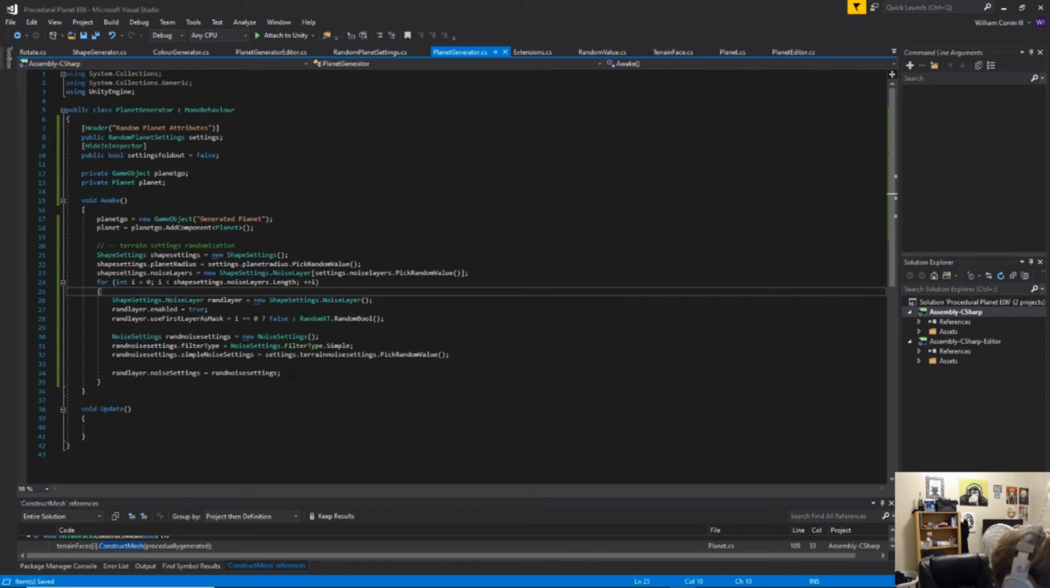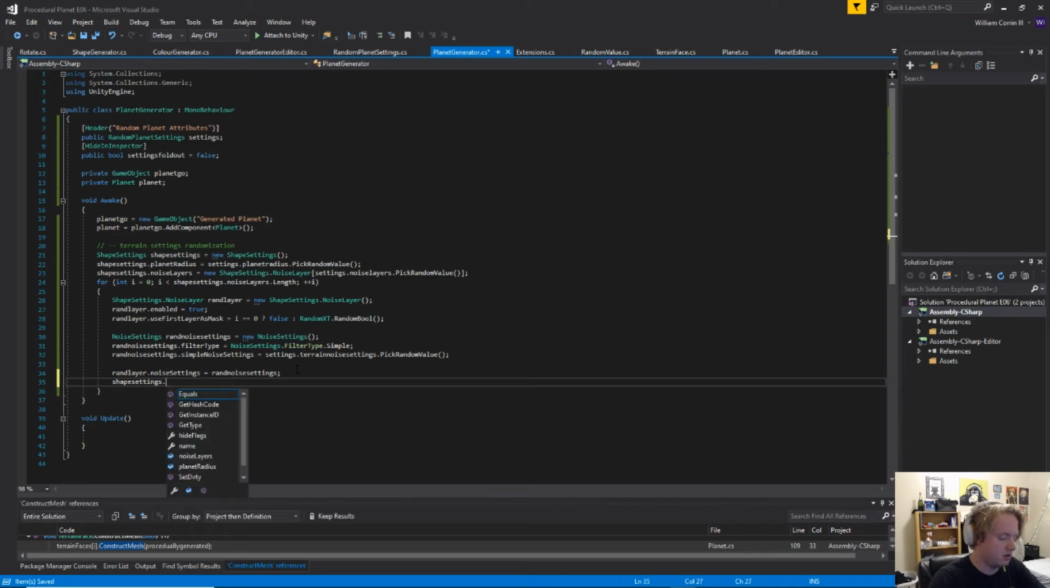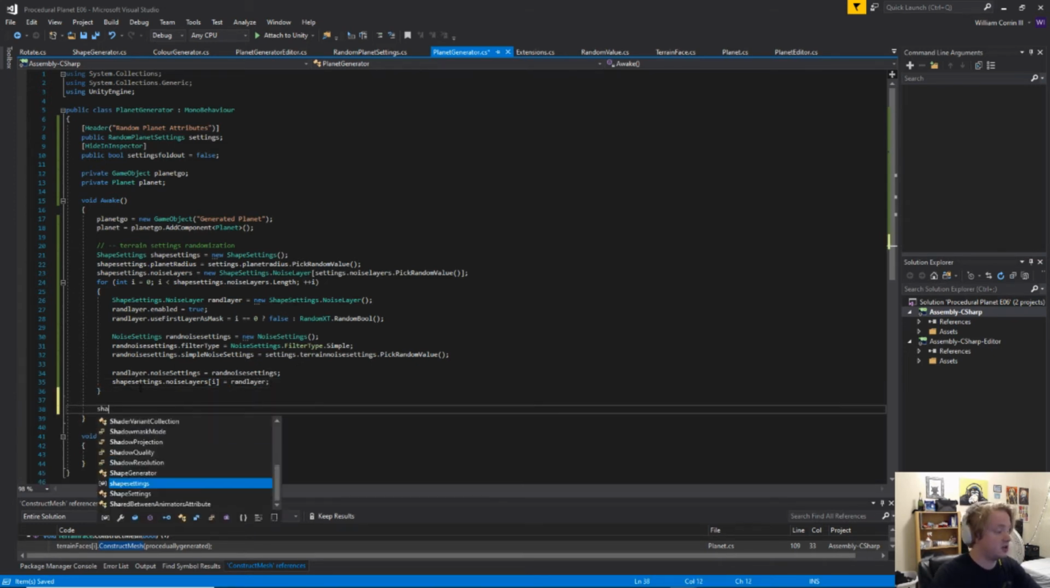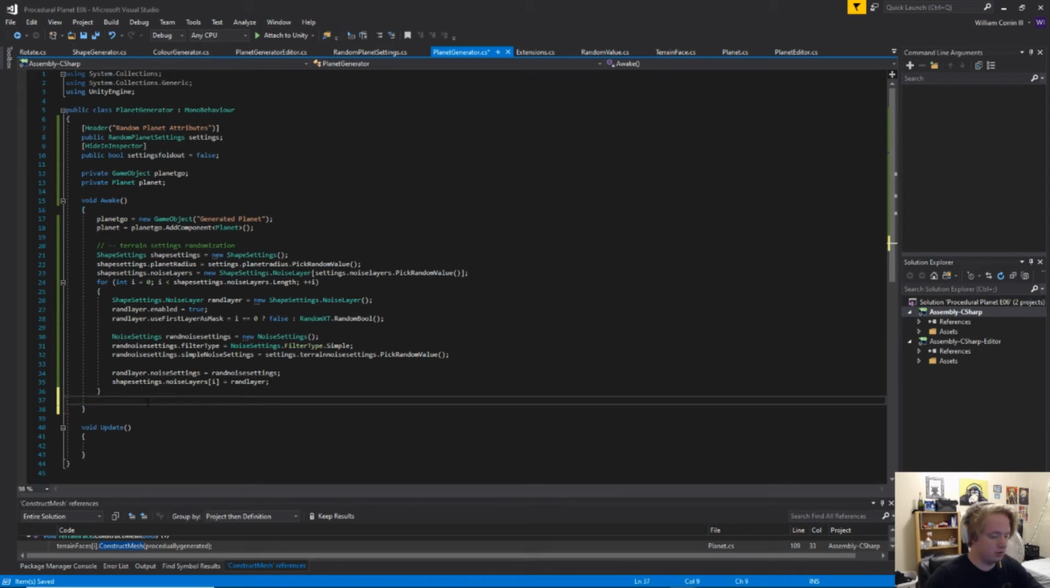Shape settings dot noise layer. So then the last thing we need to do is say shape settings dot noise layers I is equal to rand layer. So I think that's it for shape settings. Yes, it is. So now we can do color settings